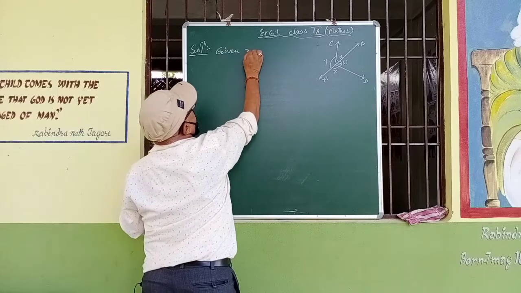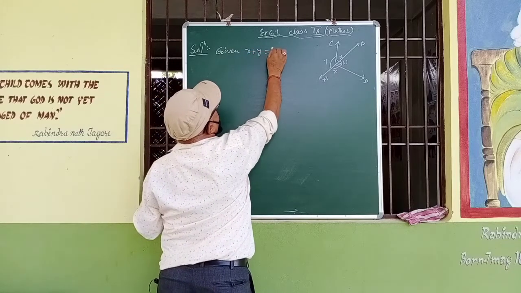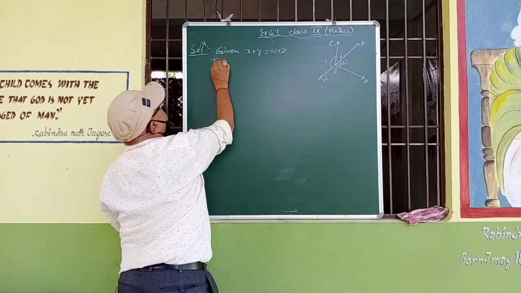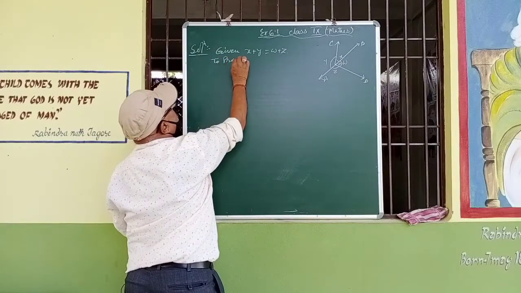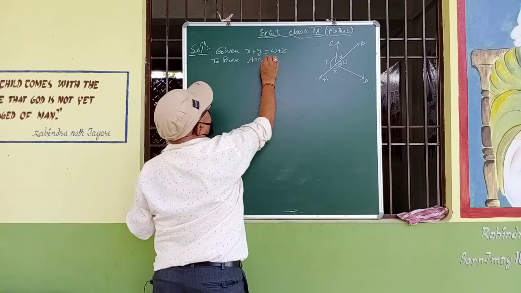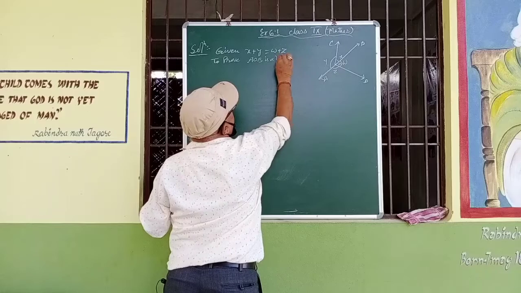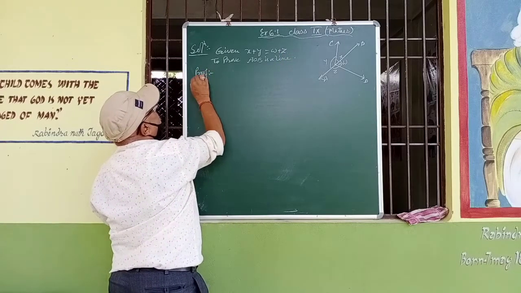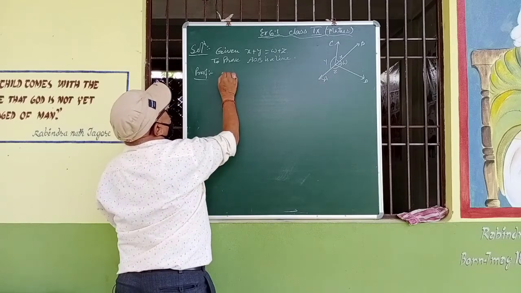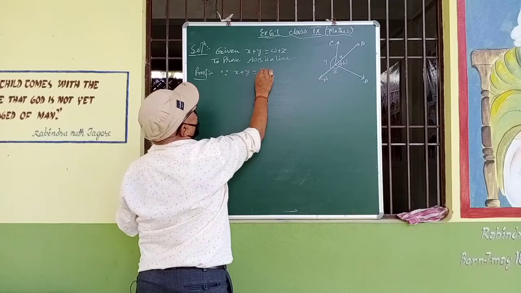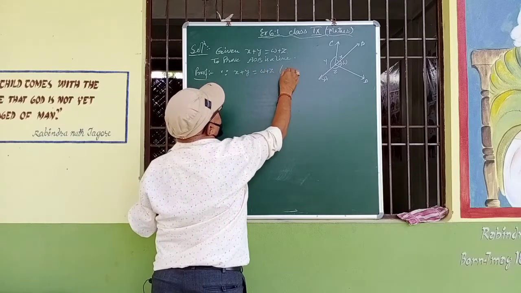Given x plus y is equal to w plus z, to prove AOB is a line. So prove: since x plus y is equal to w plus z, it is given,